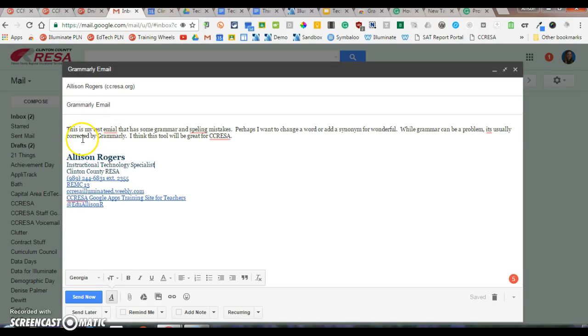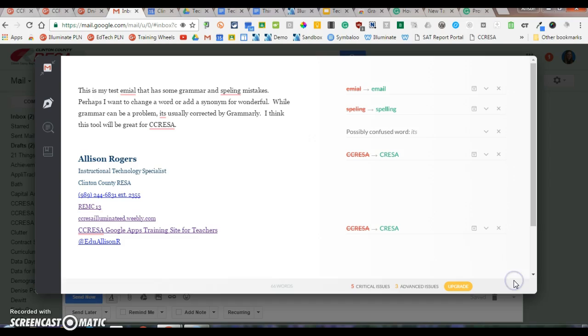So let's say I'm typing an email within Gmail, and you can see that I have some spelling mistakes. I have a grammar mistake, and it's telling me that CC Risa is misspelled. Let's say that I hadn't already put that in my dictionary. So if I go to the bottom here, it's telling me you have 5 mistakes. If I click that red button, it's telling me all of the issues,